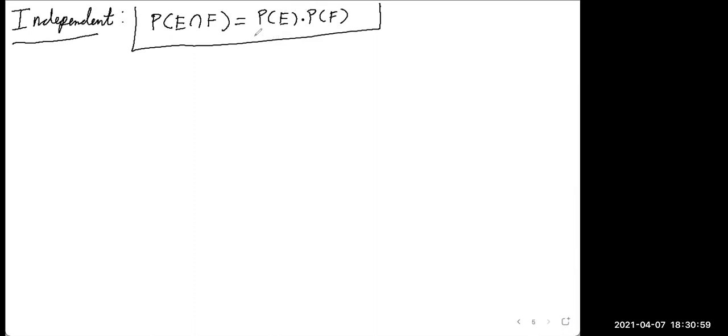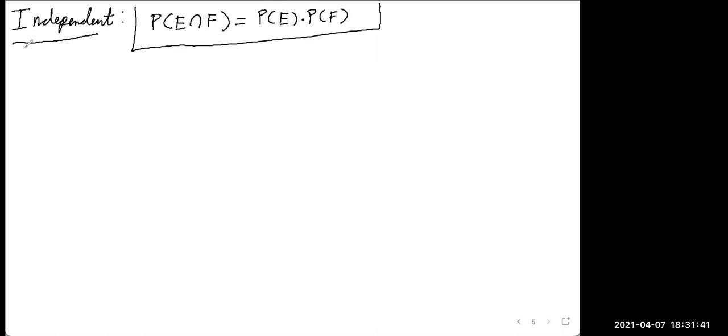Now you can see it's not going to have a lot to do with disjoint, because disjoint means that their intersection is zero. The probability of their intersection is zero. So that means one of these would have to be zero for this to work out. Maybe it's one of those, what do they call it? The Barbra Streisand effect, where I keep saying it doesn't have anything to do with disjoint sets, and then you guys will think it has something to do with disjoint, it'll backfire. But that's the idea. So it doesn't mean anything more or anything less.